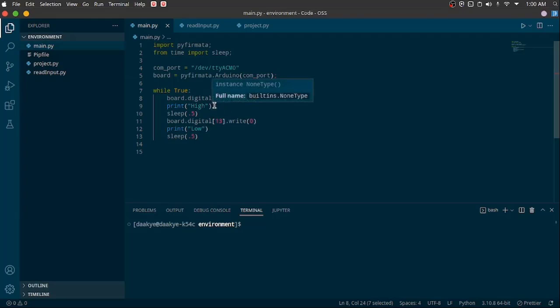All right, then we sleep for 0.5 seconds, which is half a second, which is 500 milliseconds. Sleep here is coming from the time module. So instead of us using time.sleep, we have shortened it right